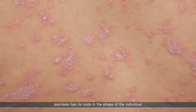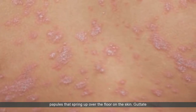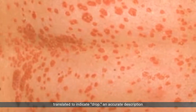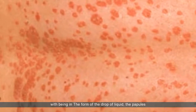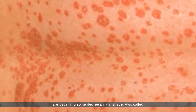The name for this type of psoriasis has its roots in the shape of the individual papules that spring up over the surface of the skin. Guttate is derived from gutta, a Latin word that translates to drop, an accurate description of the look of each of the papules. Along with being in the form of a drop of liquid, the papules are usually somewhat pink in